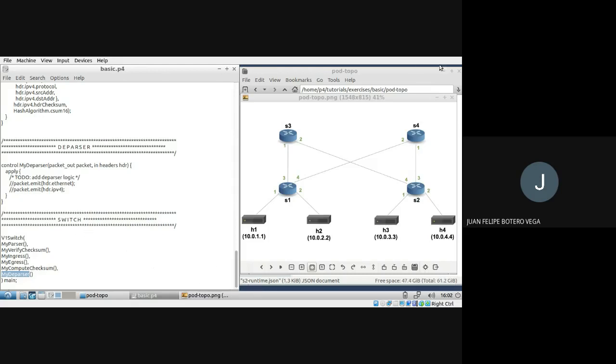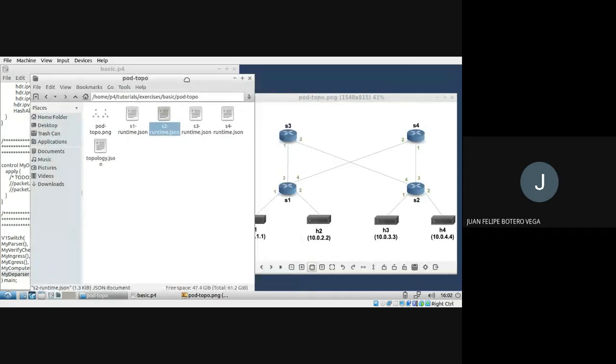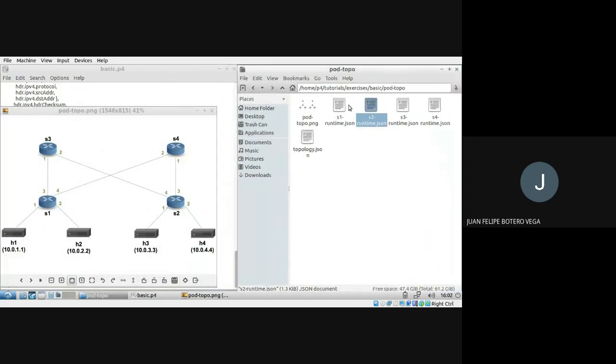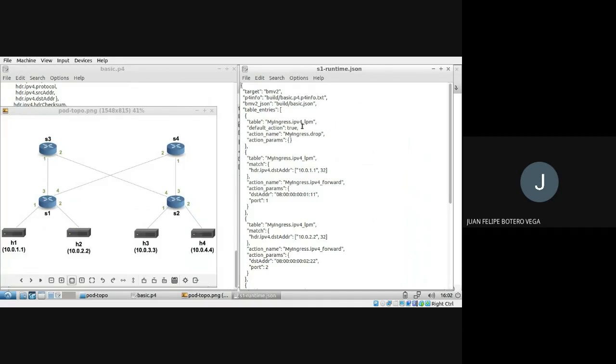Okay. So again, if you go here, let me show you. Let me try to put this tuple here. If you go here to any JSON of these switches, what they have, they use the table that we just defined. So for instance, this switch number 1 will use the my ingress IPv4 LPM table. You will say the default action is true, the action name is drop, and the action params are nothing. Again, these are the entries of the table and when the packet is dropped. But for instance, when I have a match here, right? Remember that the match key was the destination address. So when the match in switch 1 in destination address is